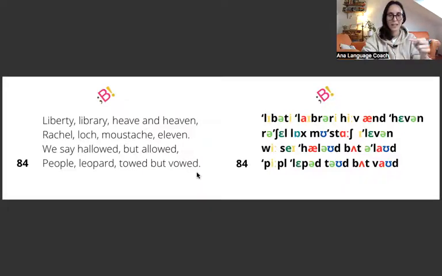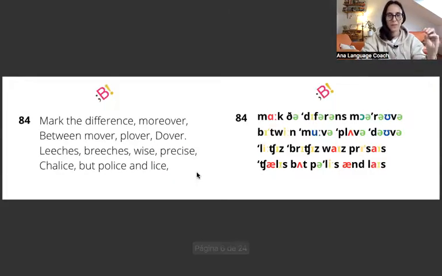Allowed. Not allowed, because in Spanish we have the tendency to convert most of the schwas into an e or a sound, when actually it shouldn't be as strong as the a. So it's a very, very relaxed sound. Allowed. Then we have people, leopard, toad, but vowed. Mark,